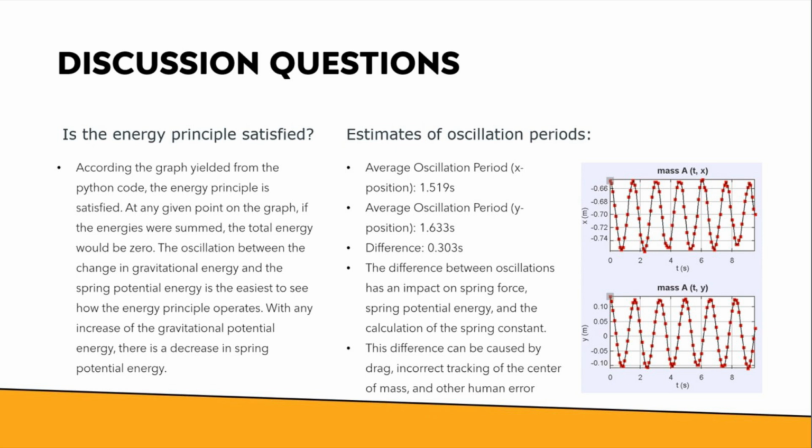Estimates of oscillation periods. Average oscillation period in the x position is 1.519 seconds. In the y direction, it's 1.633 seconds. The difference is 0.303 seconds. The difference between oscillations has an impact on spring force, spring potential energy, and the calculation of the spring constant. This difference can be caused by drag, incorrect tracking of the center